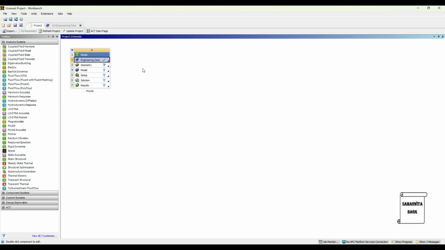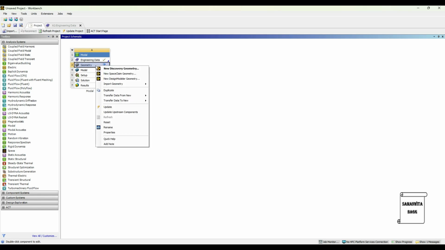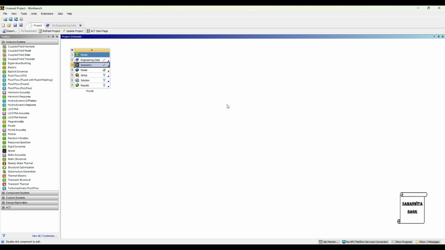Now I've already made the geometry, so I'll directly go to geometry and right click. I'll import the 90-degree bend pipe. I'll give you the model and also the link for how to create the geometry of this pipe.